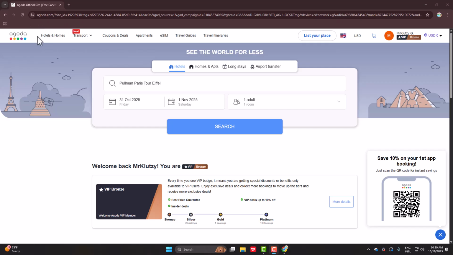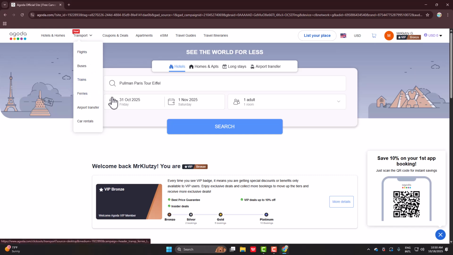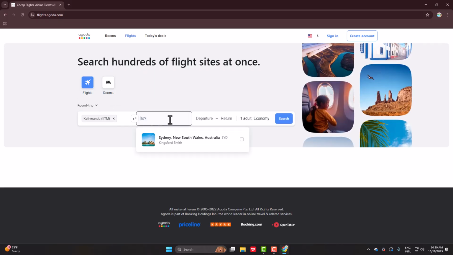What you want to do is, beside hotels and homes, there's a transport option. So not just flights, you can book buses, trains, ferries, airport transfers, car rentals, and many more. So simply click on flights, and now all you need to do is